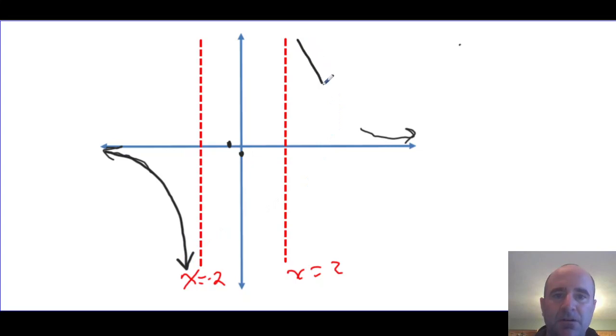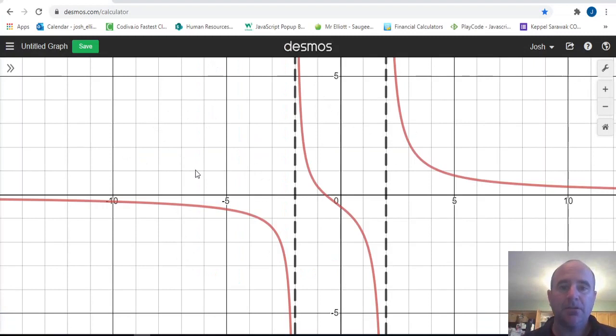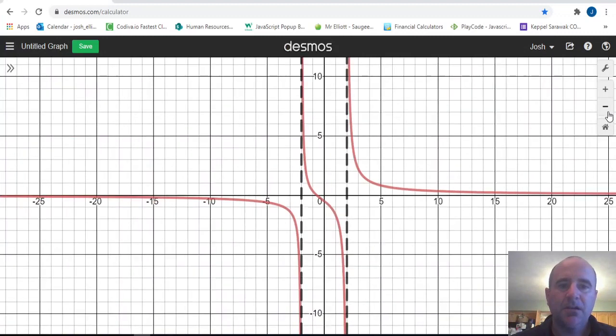Okay, and then this part right here. Not like that. Let me try that again. A little bit more like this right here. Okay, and then the graph does something like this right here. I tried to get through both of those intercepts, might have missed one. Like that. Now, one thing I will point out, so there's our graph. Let's just take a quick look at it in Desmos. Okay, and there you can see it in Desmos. Now I've added the intercepts, okay, and we get the shape, exactly what we expected to see.